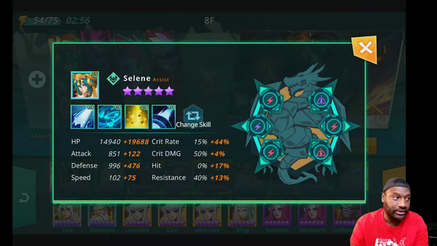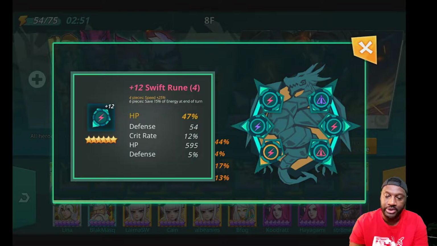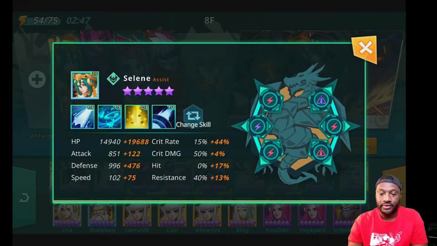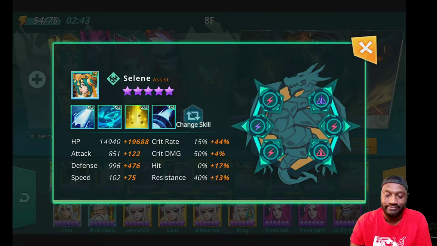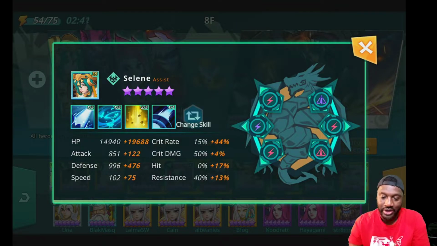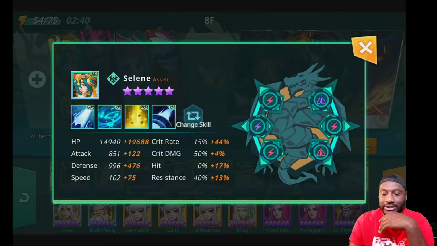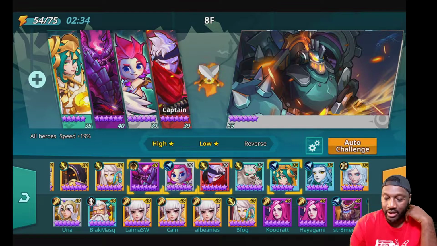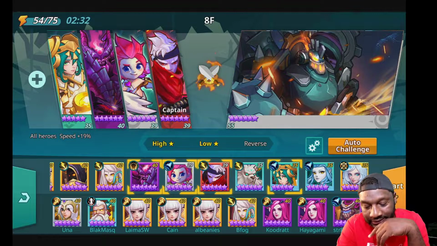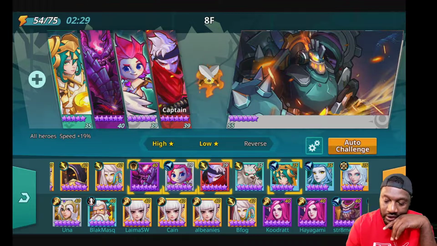Here's her stat. She's on speed, HP, HP. And she does a lot of damage with attack, but if you put attack on her and your wounds are not in the greatest condition, you're going to die. And then my last but not least monster is